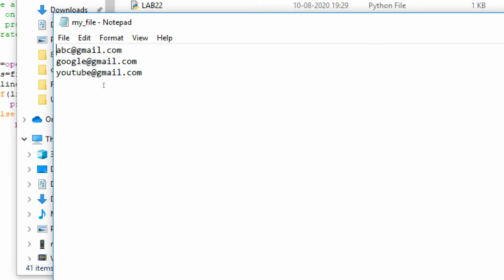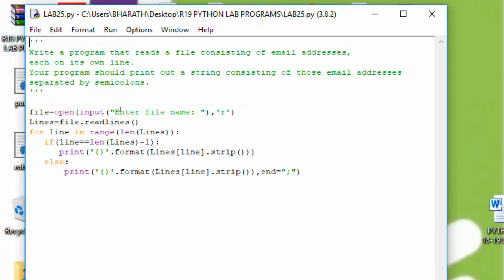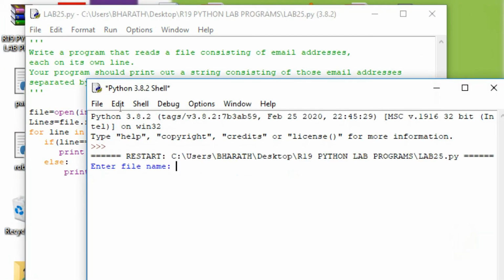Now we can see how we can access this file. We can execute this. What is the file name? my_file.txt. So this is the output: abc@gmail.com, google@gmail.com, youtube@gmail.com, all separated by semicolon.